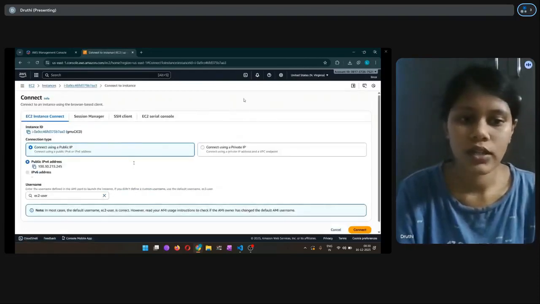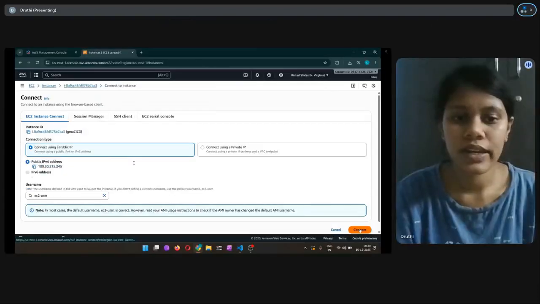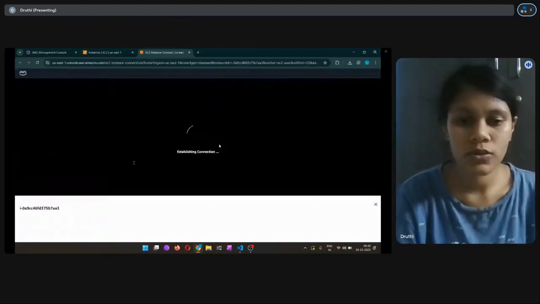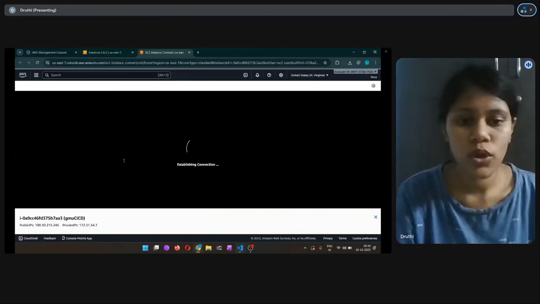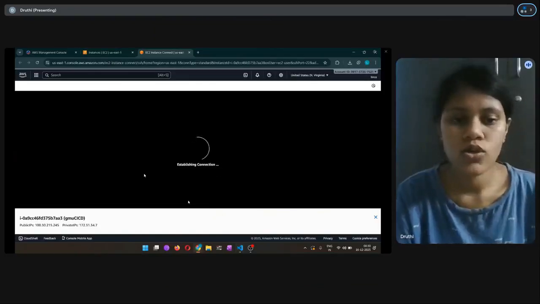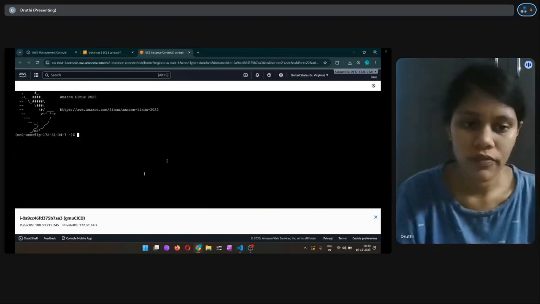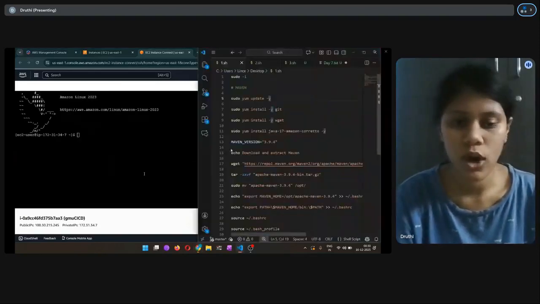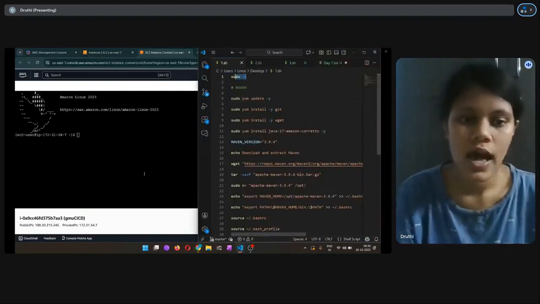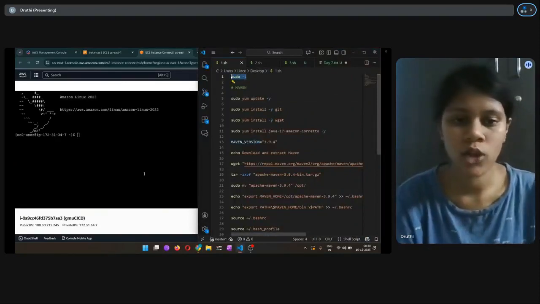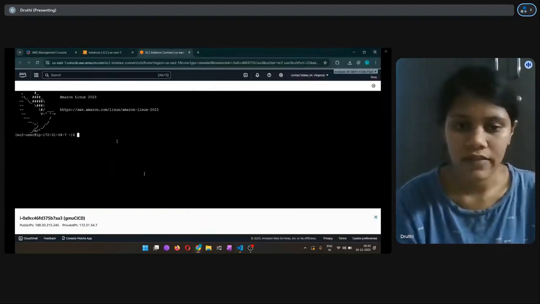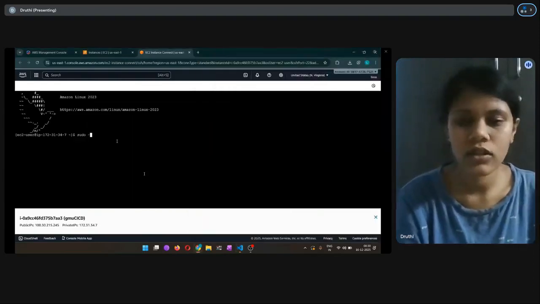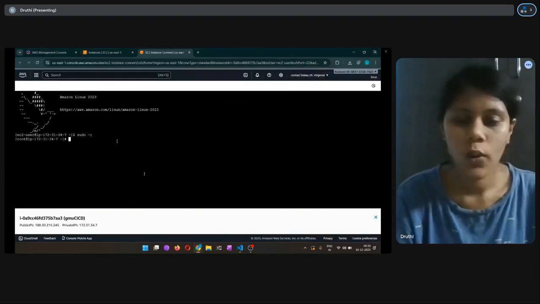After connecting to the instance, the very first command I use is the sudo command, so I switch to the root user. Root access is required to install software packages and modify system level configuration. Without root privileges, DevOps tools cannot be installed. And after that, select the code under the Maven. Like here in the video, you all can see, we can select the code under the Maven, and